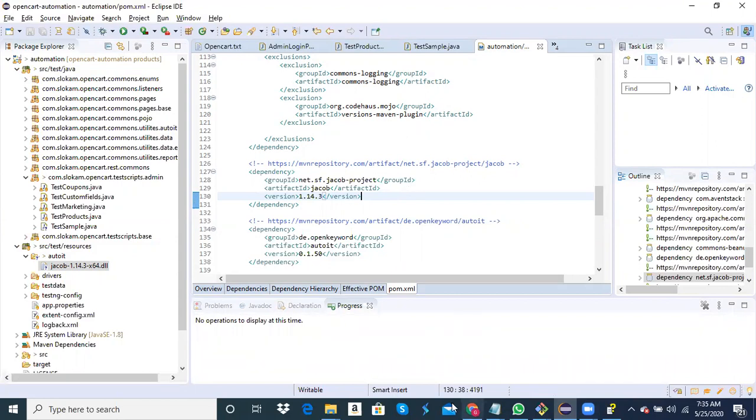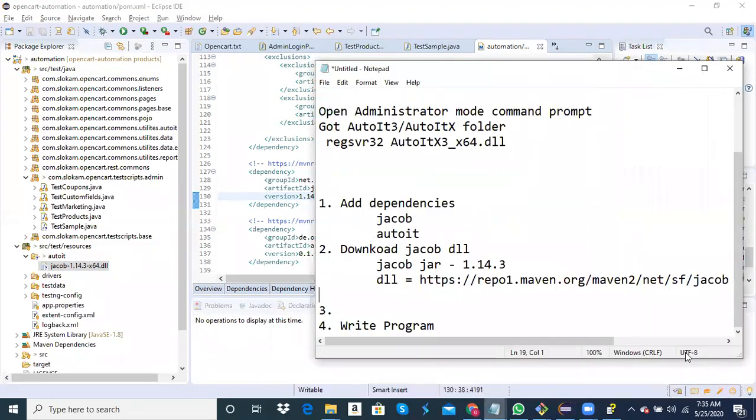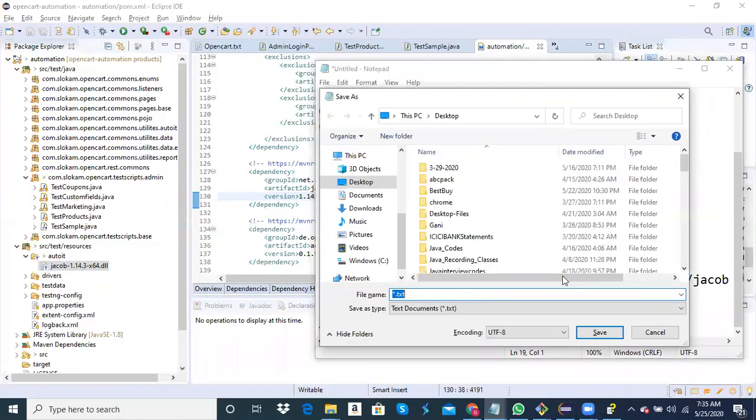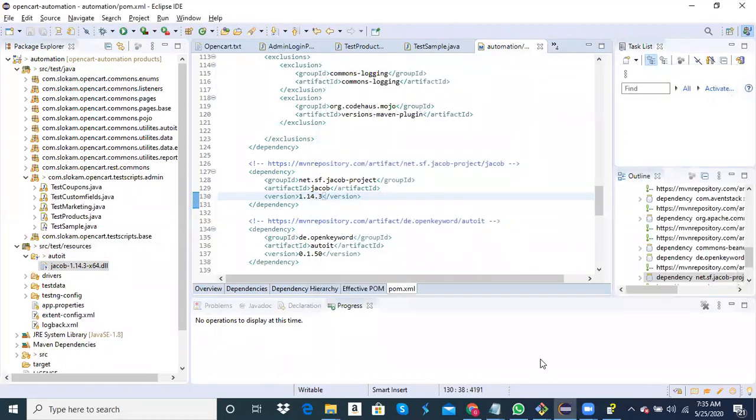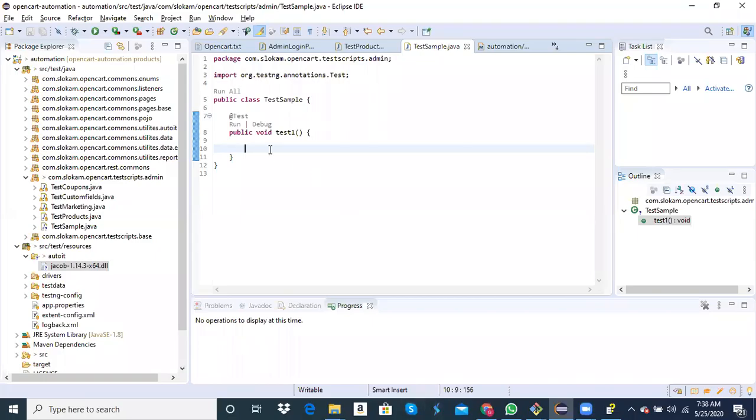Now in this case, let me tell you something. I'll just close these notepads. Okay. So I've just created a class and I created a method. The first thing I need to do is launch a notepad and perform the operation. In order to launch the notepad, I have to use Windows run.